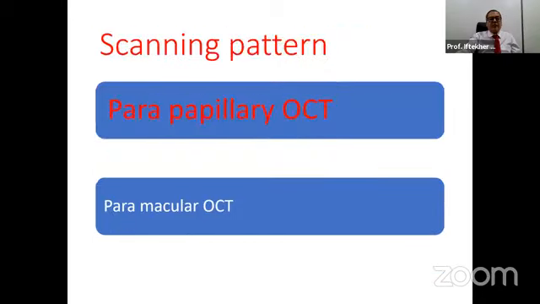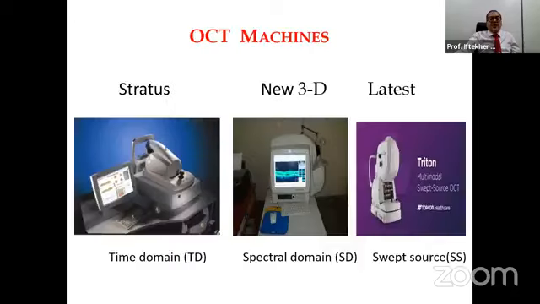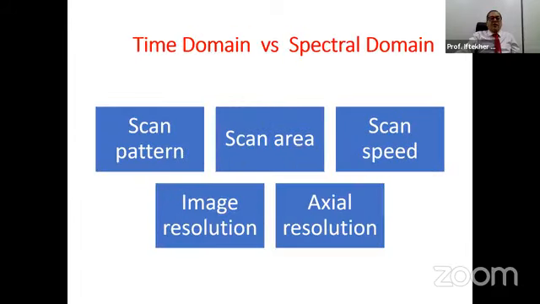and monitoring. Now the peripapillary OCT. For peripapillary OCT, there are OCT machines available in our country, like time domain, spectral domain, and modern swept source OCT. The difference between time domain and spectral domain: